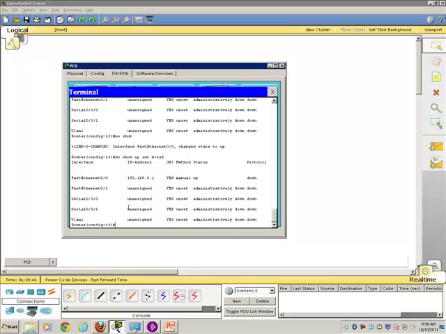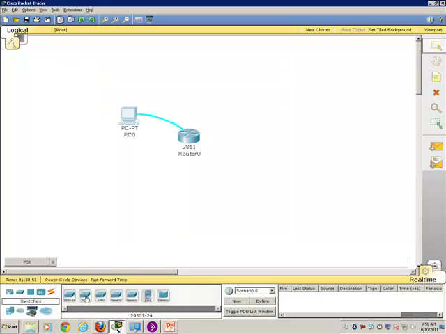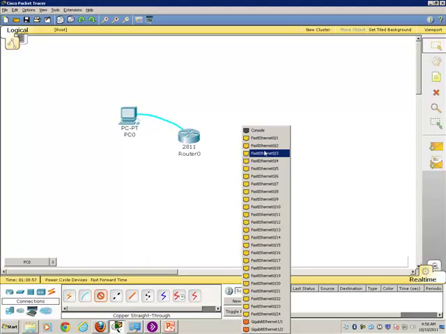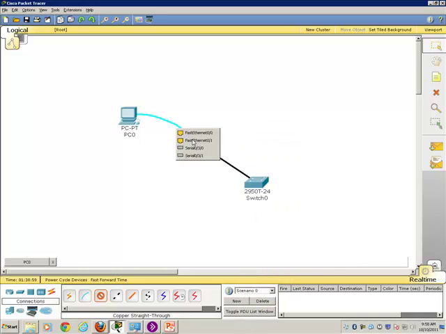So let's see if we can make it up. What would be a quick way to make it up? Let's bring a switch over here. What kind of cable are we going to use? From a switch to Fast Ethernet 0/0. Notice that it went from red to green. So let's go back to the